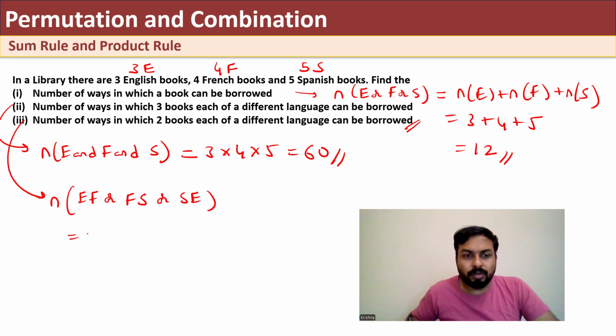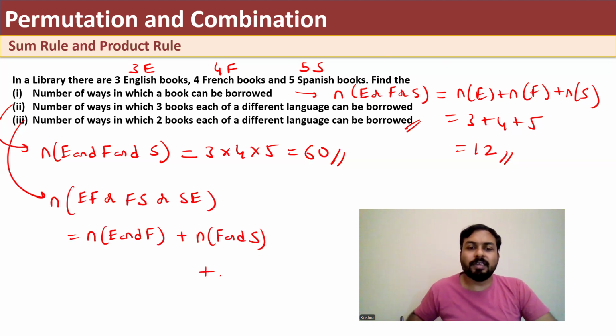So that is equal to number of ways in which I can borrow English and French, plus number of ways in which I can borrow French and Spanish, plus the number of ways in which I can borrow Spanish and